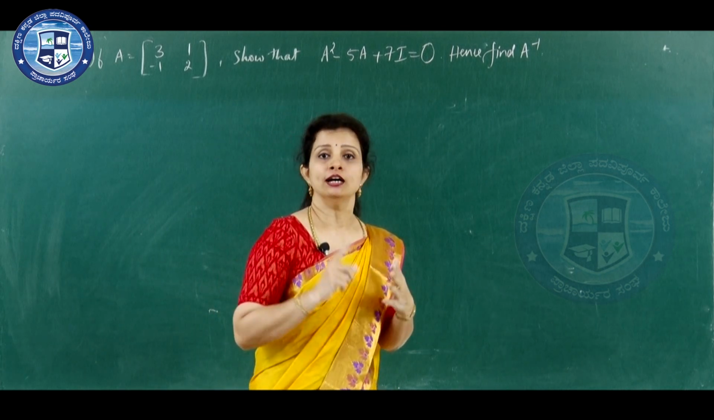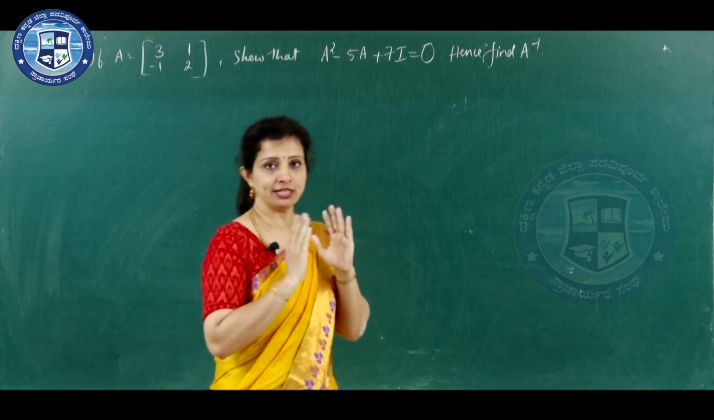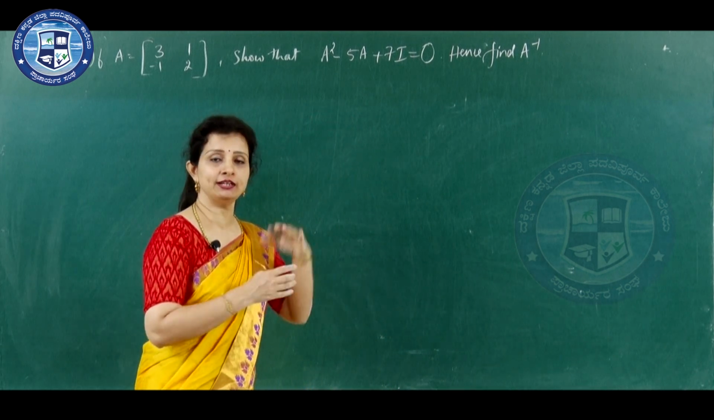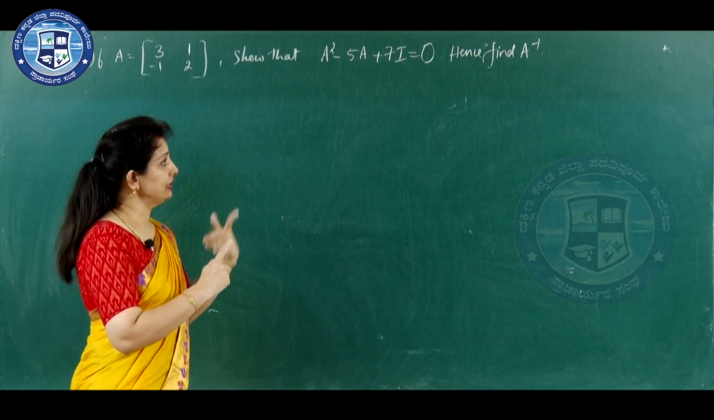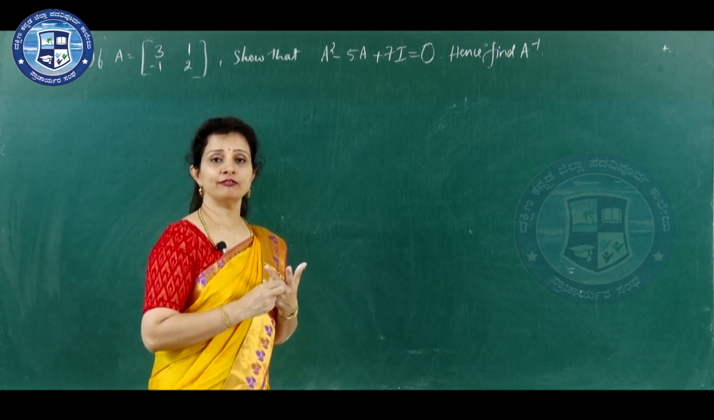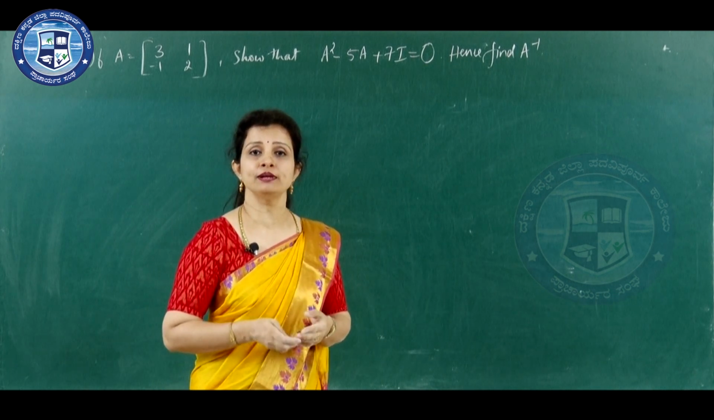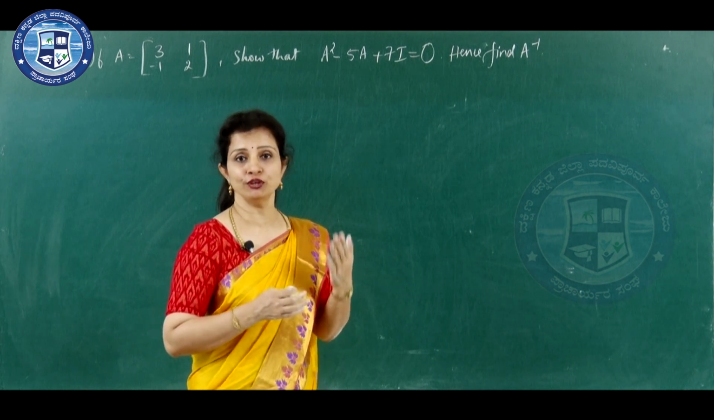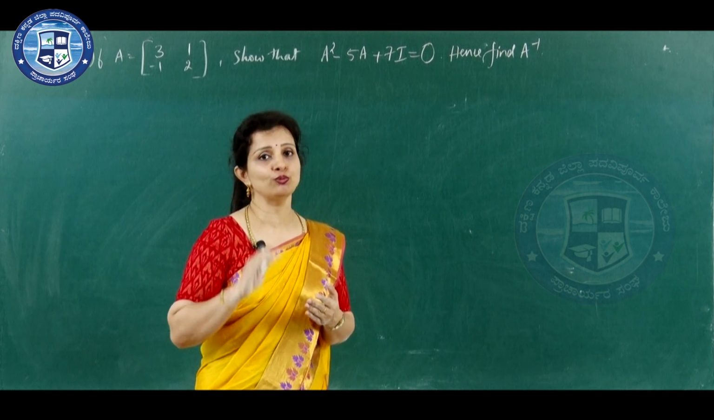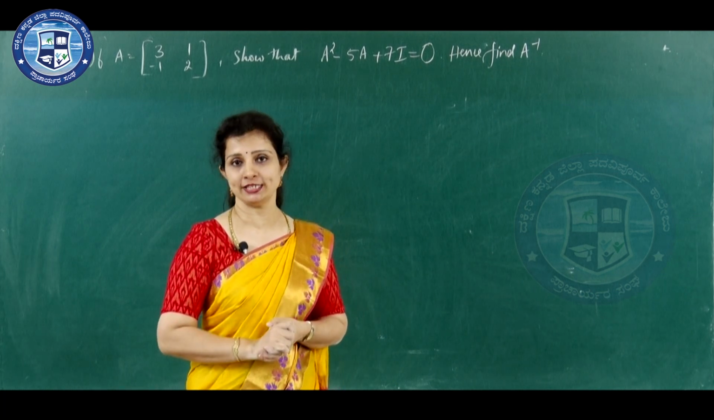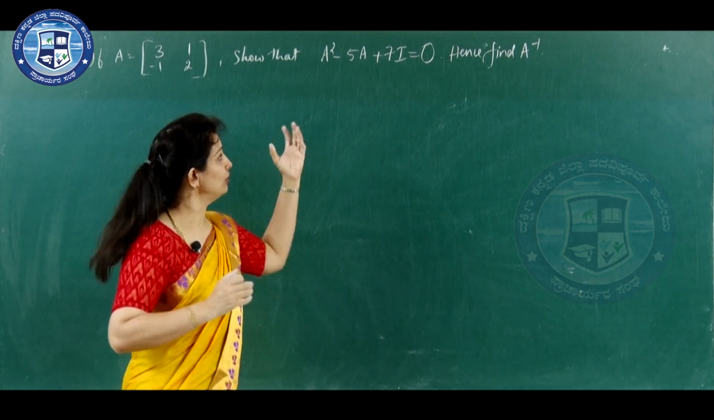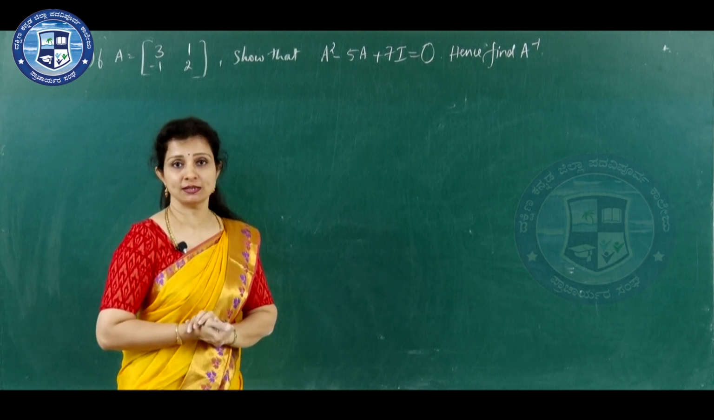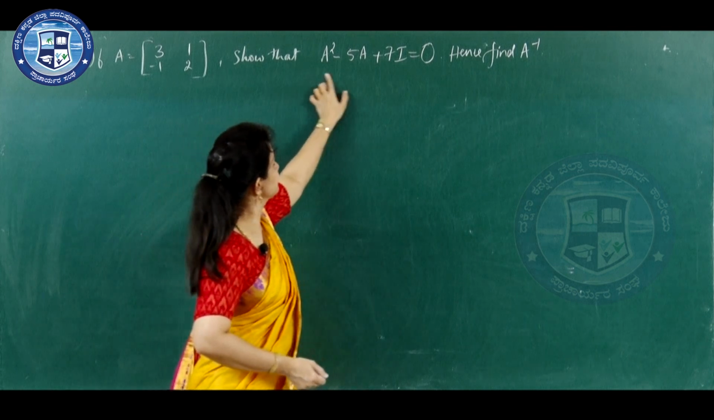One is elementary operation, elementary transformation. It is already done in the previous lesson, and then you have solved the problems to find A inverse using the formula A inverse is equal to 1 by determinant A into adjoint A. Now, the third method to find A inverse is this: if the equation is given,